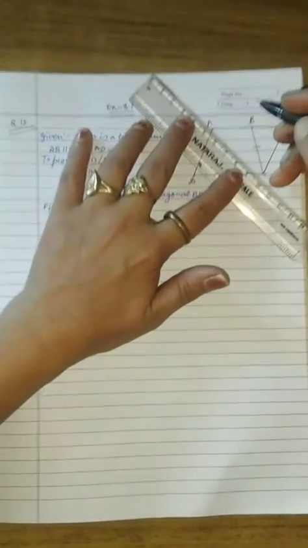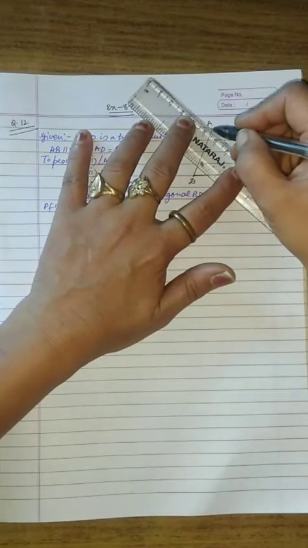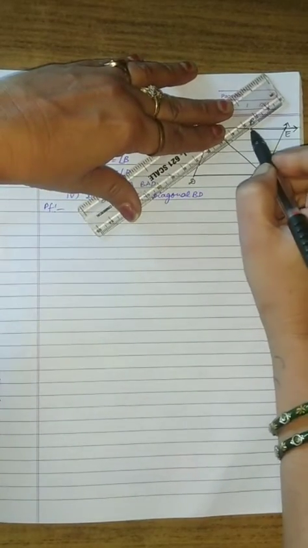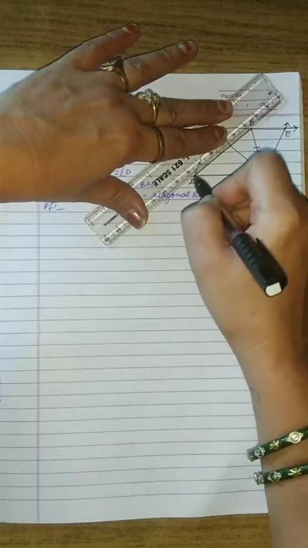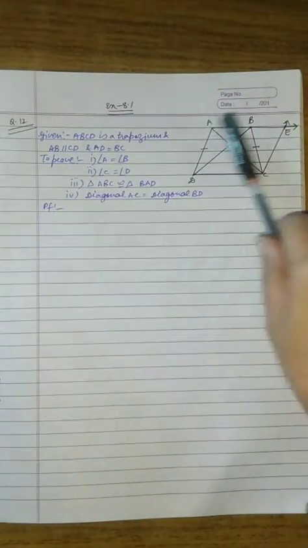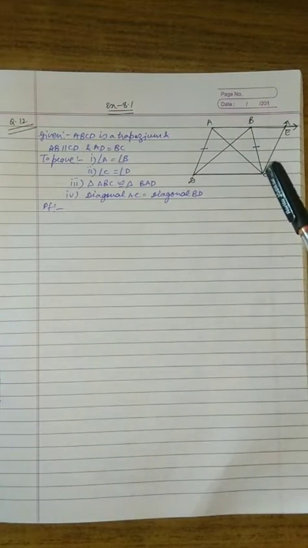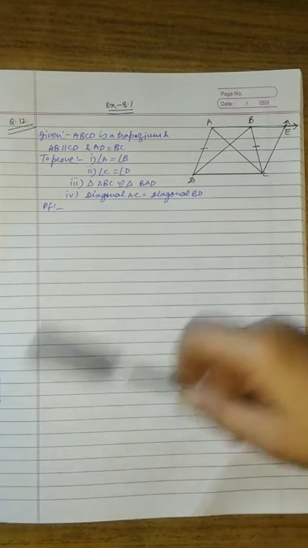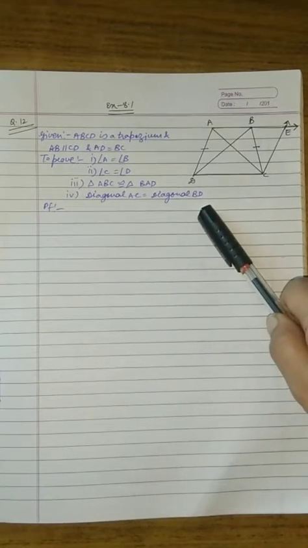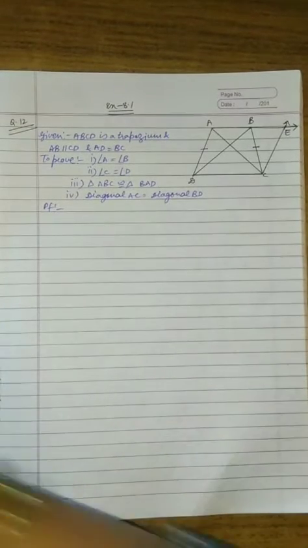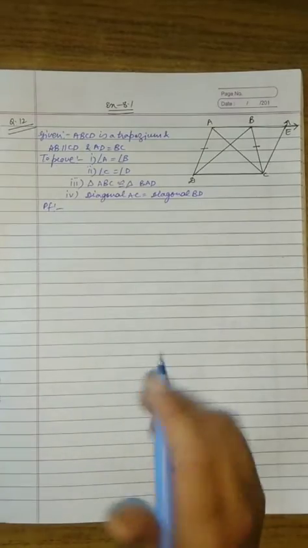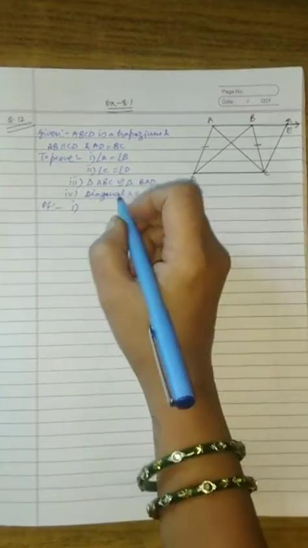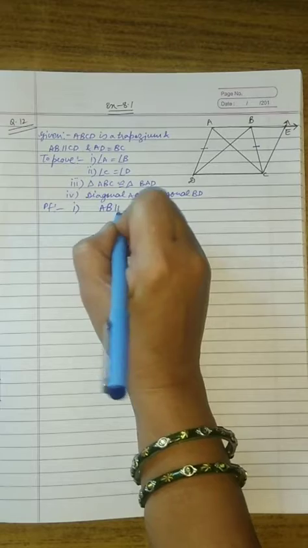ABC. So we will join the diagonals, that is AC and then BD. So on joining the diagonals we will get two triangles, that is triangle ABC and triangle BAD, and we have to make them congruent, and last, diagonal AC is equal to diagonal BD. So first part is, we are given AB is parallel to CD